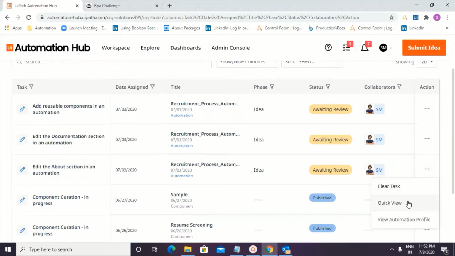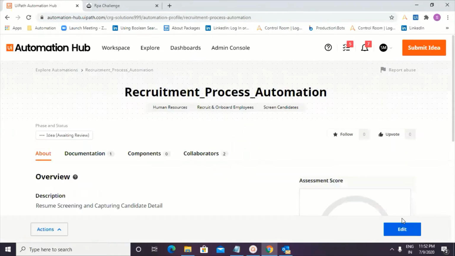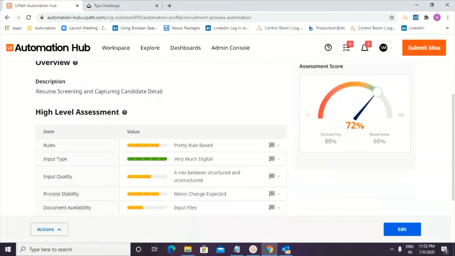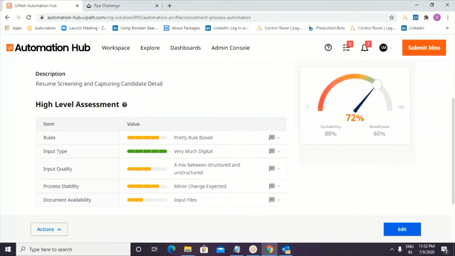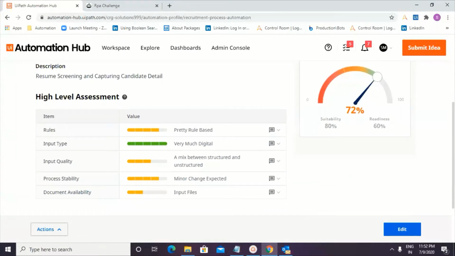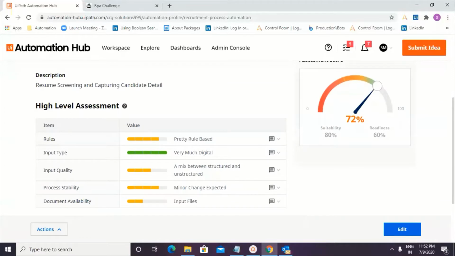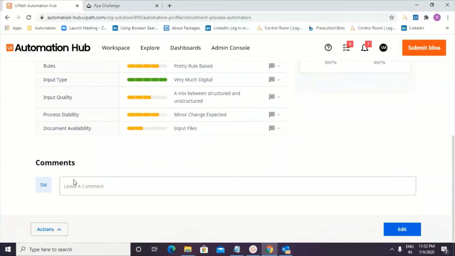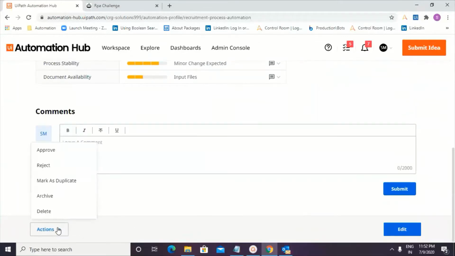So I will go into the automation profile where we had captured the resume screening details. That's the description of the automation that we intend to do. That's the high level assessment, and the score is 72%. Looks good. And that's the comments box where I need to put in my comments, and that's the action.